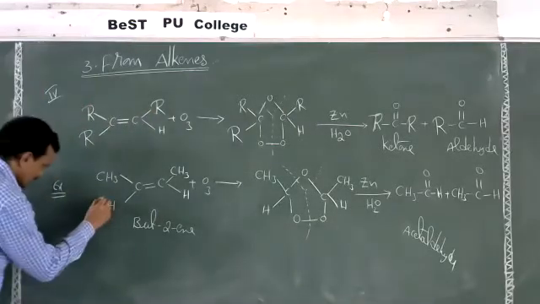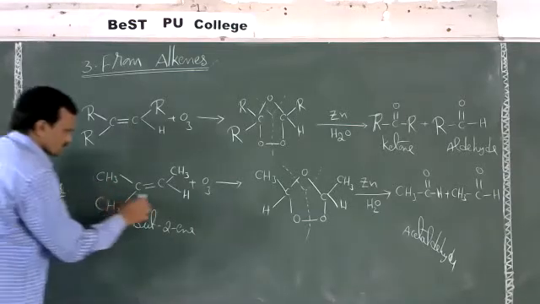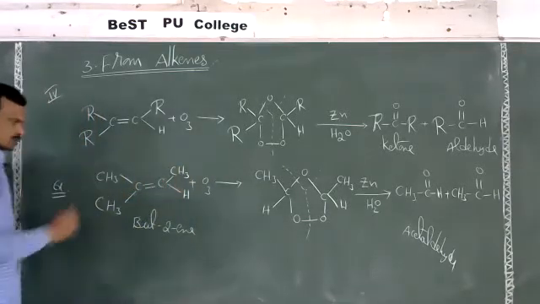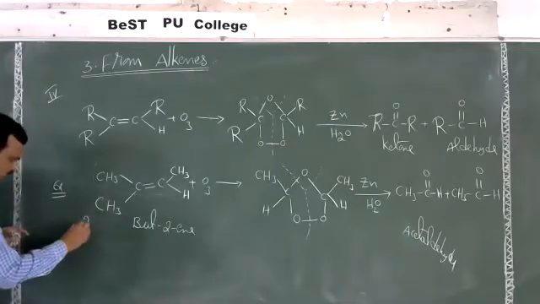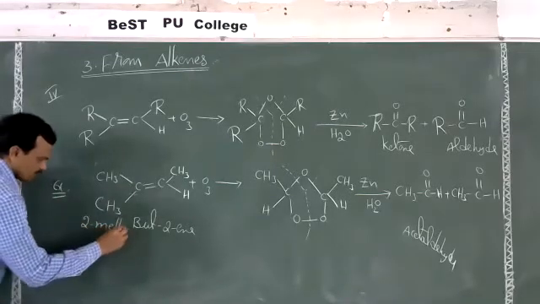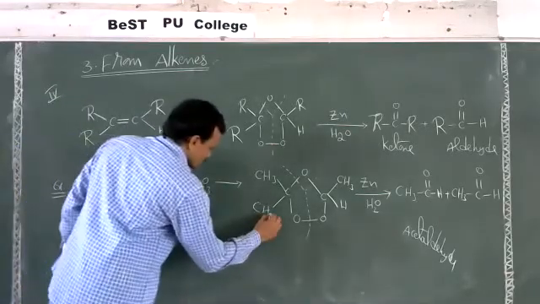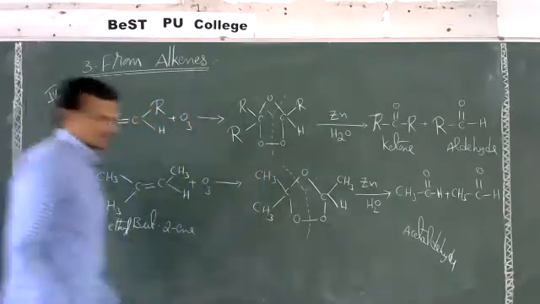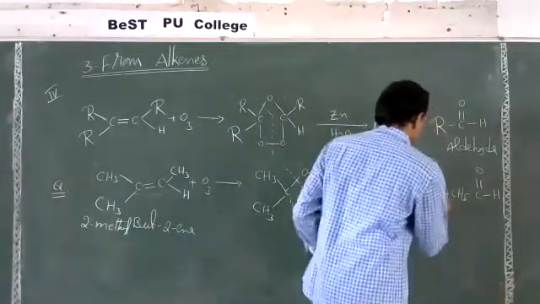Now the same, I'll make a small change. Now see here, what is the name of this compound? This is the long chain here. This is butene. On its second carbon a methyl group is there. So the name of this compound is 2-methyl butene. So here also CH3, then here we get CH3.